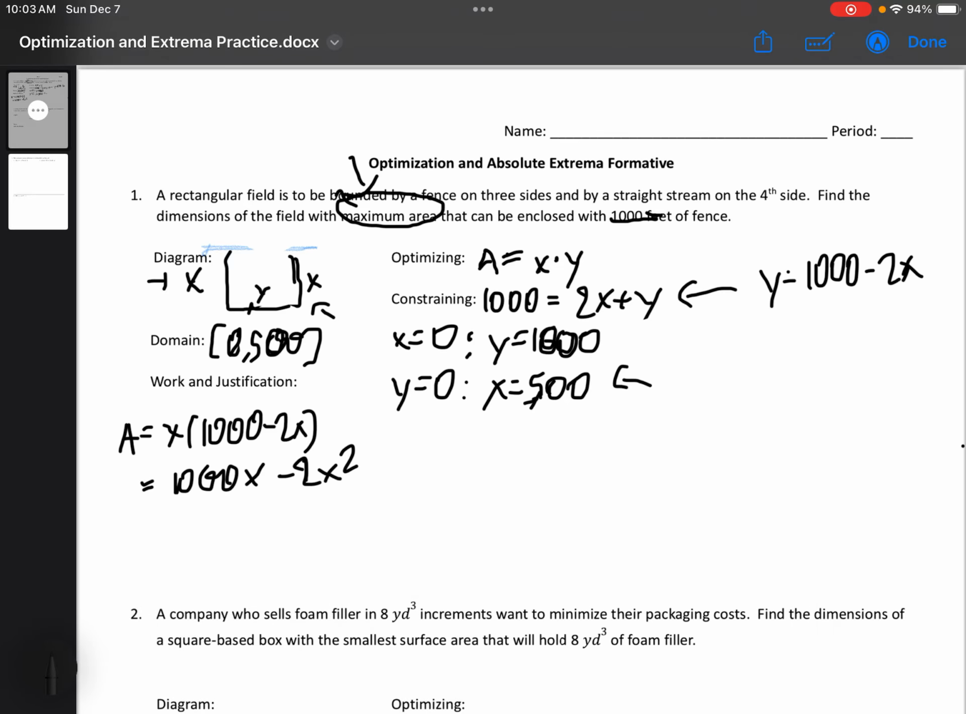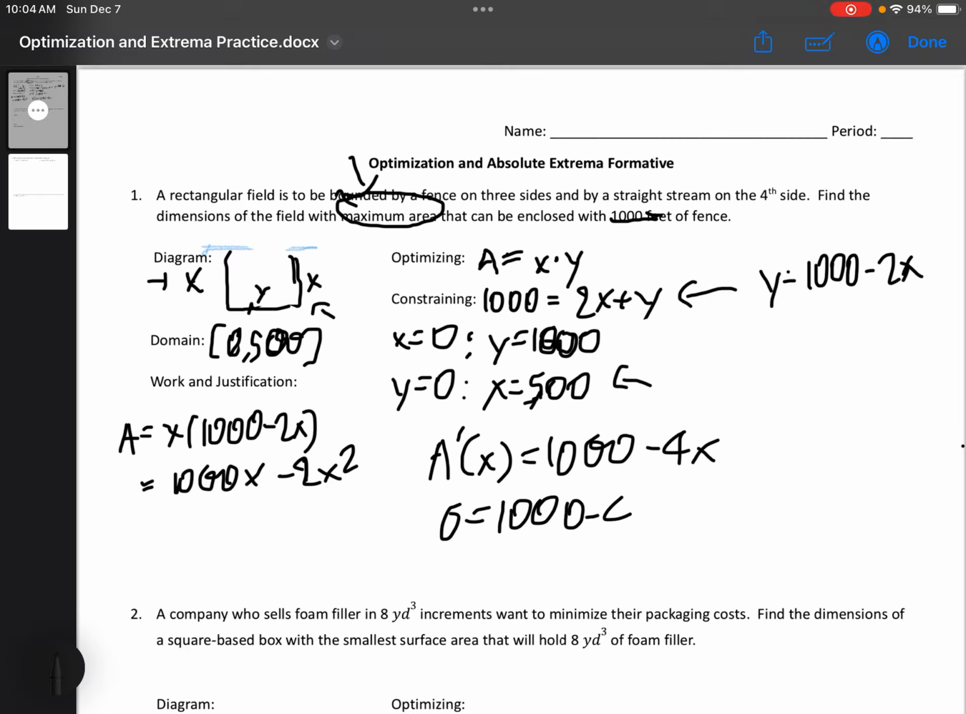Since we have our area function now in terms of a single variable, we can take the derivative of this. So A prime of x is equal to 1,000 minus 4x. To find critical values, you would set A prime of x equal to 0, and you would find that x is equal to 250. This is the only critical value, because A prime can't be undefined, and this is the only value where it's 0. So we do a candidates test,